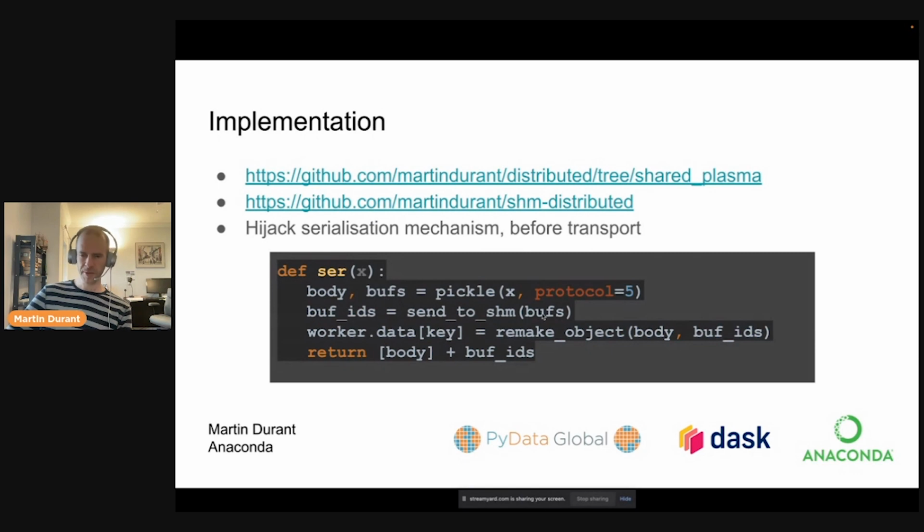And for each of those memory views, we're going to create a shared memory segment, and we're going to copy that buffer into that shared memory segment. Then we're going to remake the original object using those buffers and discard the original object. So we very temporarily duplicate memory as we do this copy, but then we drop the original object immediately. So now we have a new object that depends on these shared memory blocks instead. And those are what we pass off to the other worker, so it can also recreate the object based on